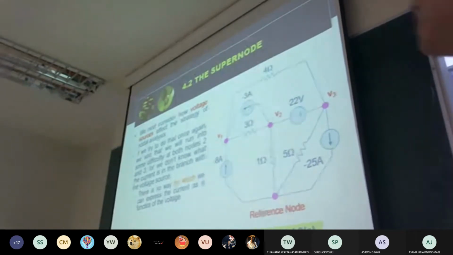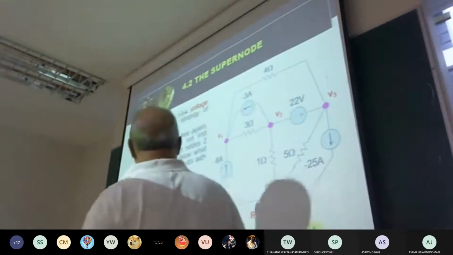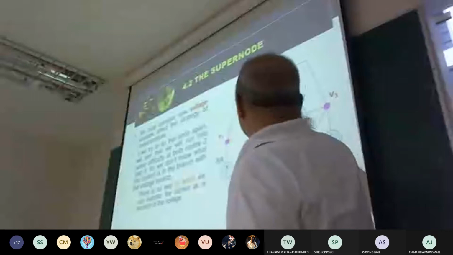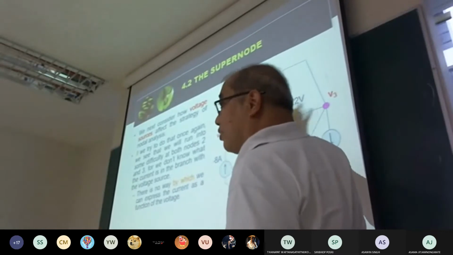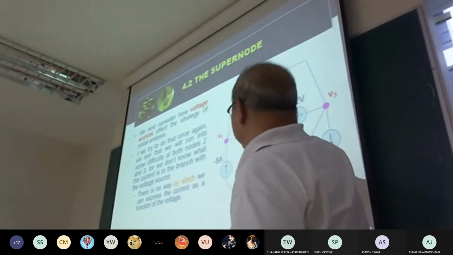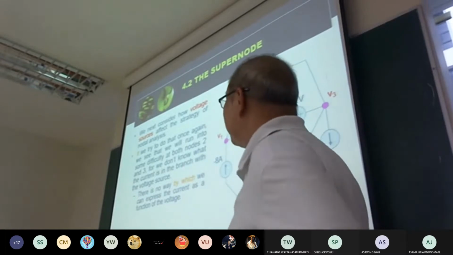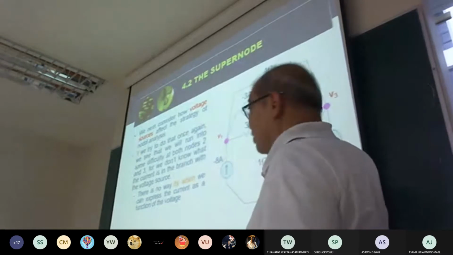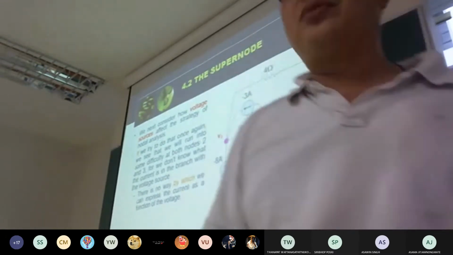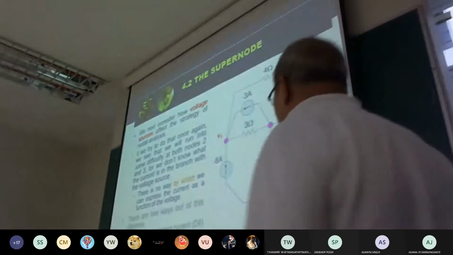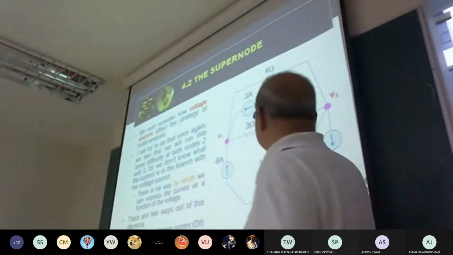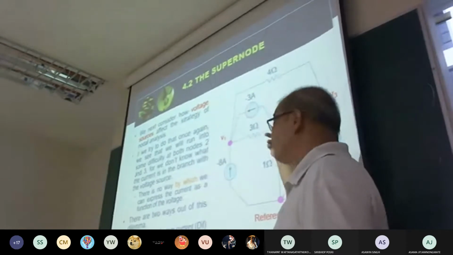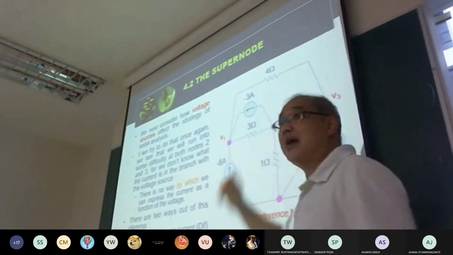If we try to do this once again, we see that we will run into some difficulty at node 2 and node 3, because the current in this branch we don't know what exactly it is, and you cannot write it in terms of the nodal voltage either. Therefore, there is no way by which we can express the current in terms of the nodal voltage. You have 2 ways to do it. One, the difficult way: you can assign and express another unknown current here, something like that. But we have a problem.